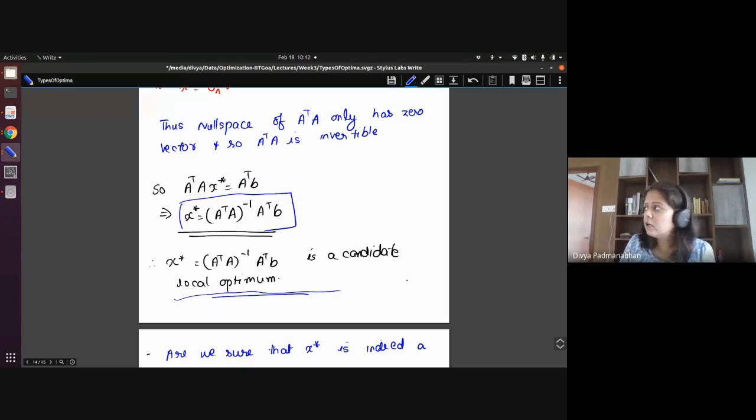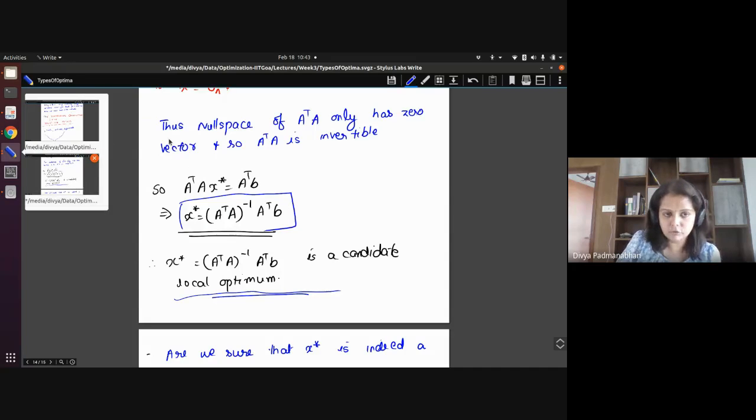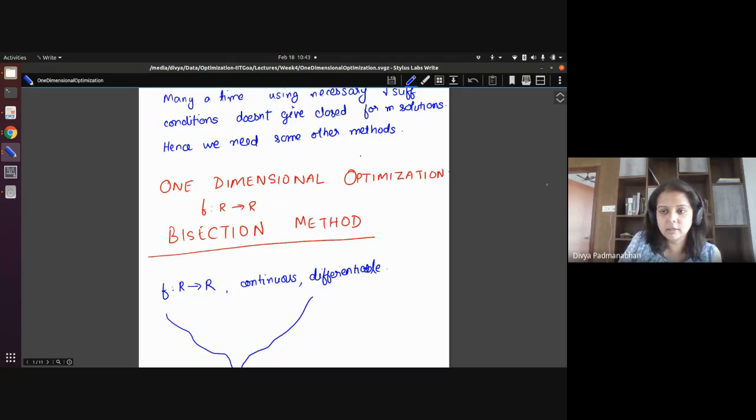Now, these first order necessary and sufficient conditions, even the second order conditions, in these cases that you saw here, you got closed form solutions. By closed form, you have this expression which you evaluate and then you get x star. But it's not the case for every function. You may not be able to get a nice expression of this form. So that's why we need to go for some other methods, some other algorithms, to find the local optimum. That brings us to the topic of this class, which is on iterative optimization methods.